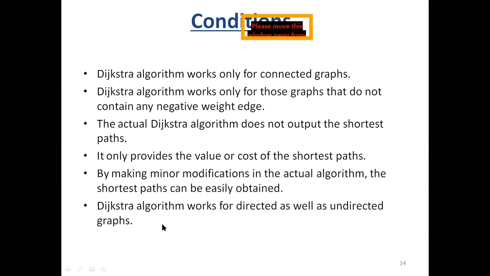So in graphs, we have the directed graph and the undirected graph. In the undirected graph, we have no arrows. In the directed graph, we have arrows. That means in the directed graph, if there is a path from one vertex to another vertex, it will be indicated with an arrow. In the undirected graph, there is an edge, but there is no arrow. That means if there is an edge from vertex 1 to vertex 2, there is an edge,